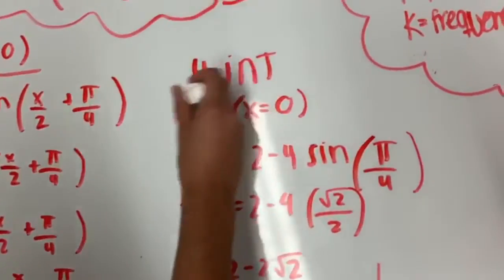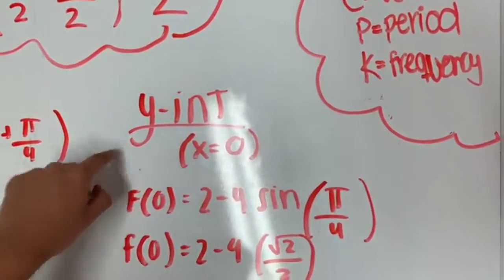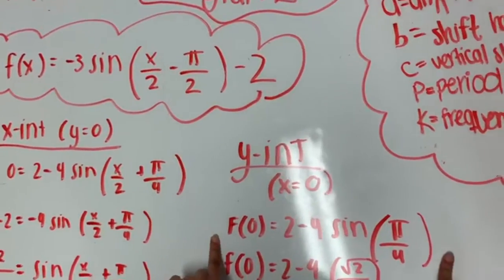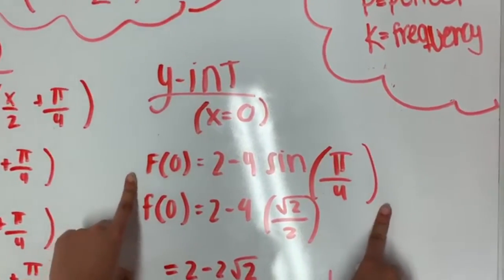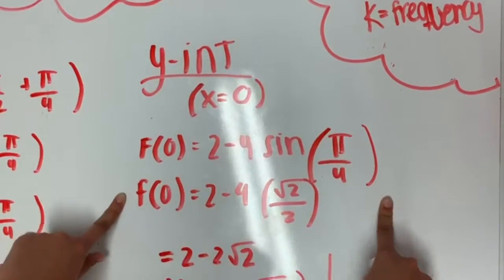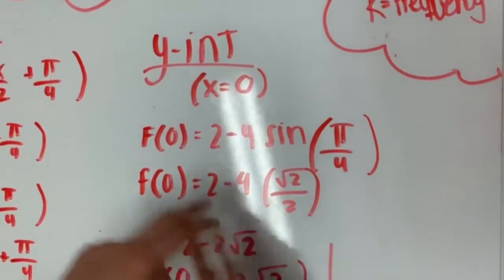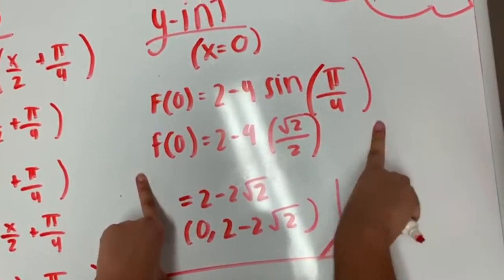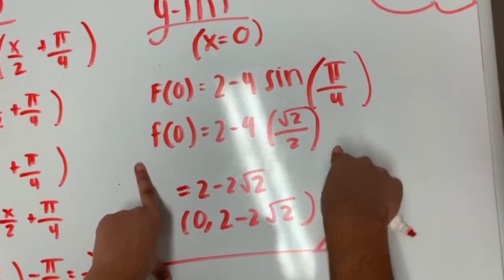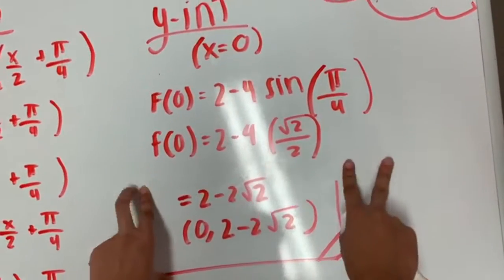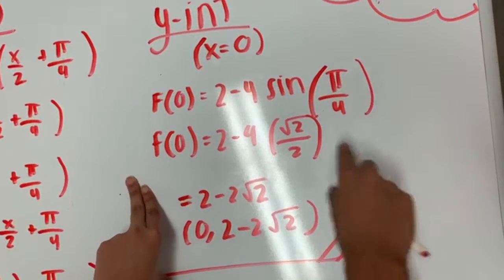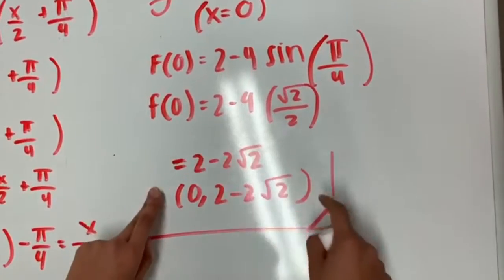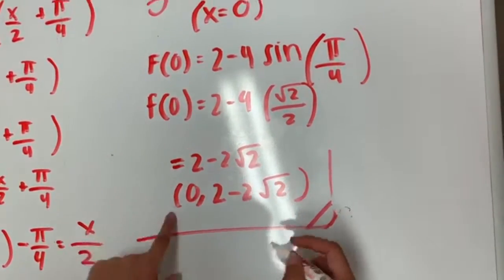And then to find the y-intercept, we have to substitute x with 0 in the function. So we are left with this, and then we can use our calculators or not to find the value. So the sine of pi over 4 is the square root of 2 over 2, and then we multiply this by 4, and we are left with this, which gives us as a final value